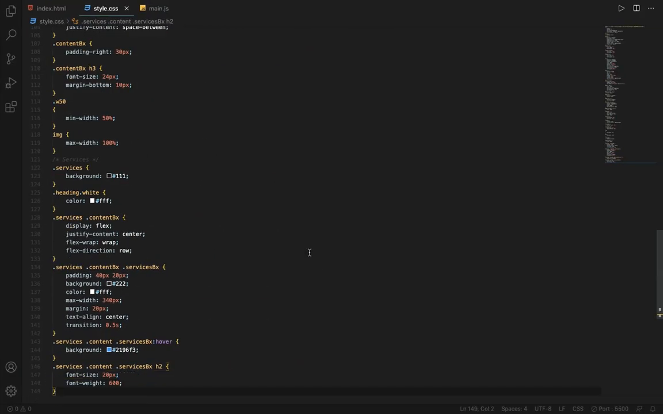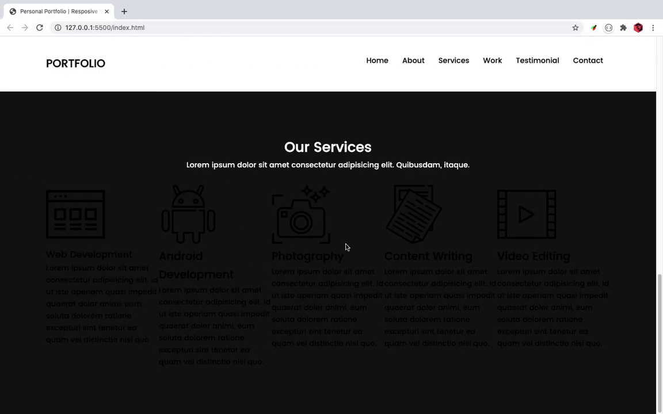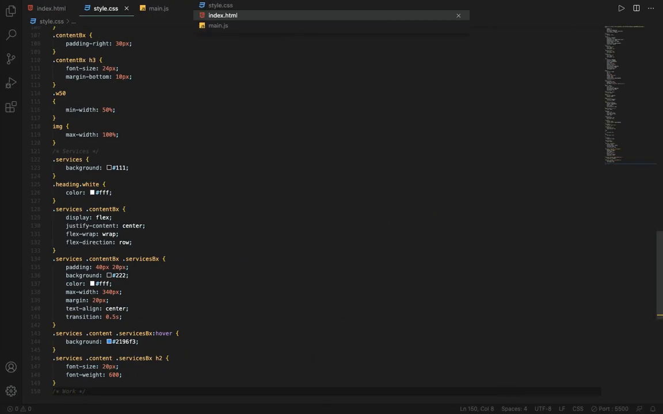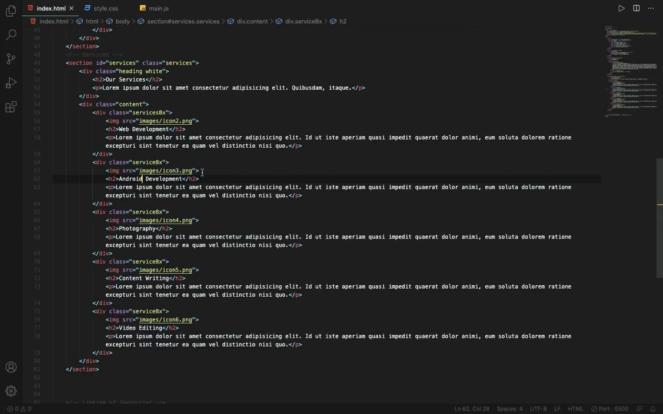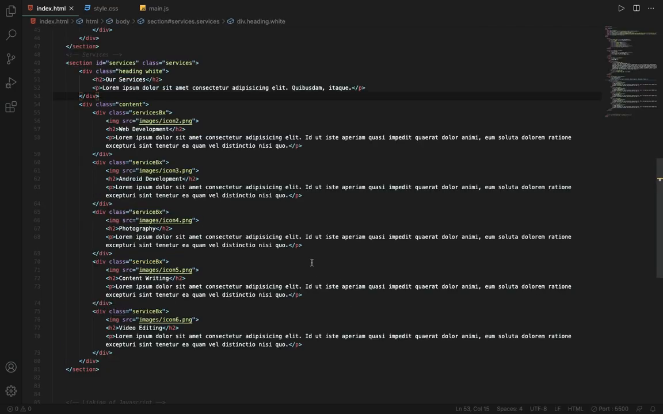After this, I will style the work one. So before that, let us fix this problem. It's not working. So inside this HTML file, we needed a class and ID of